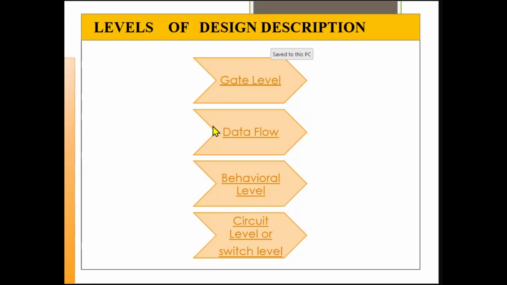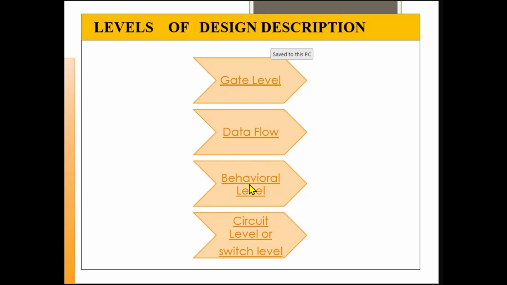Today, let us discuss the different styles of writing the Verilog program. We can write the Verilog program at four different levels. At the switch level, the basic level, the circuit is described with the help of transistors. Next is the gate level, where the digital circuit is described using gate instantiations, and the data flow modeling,